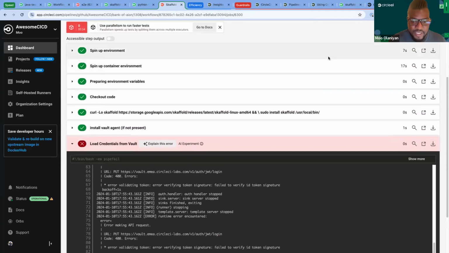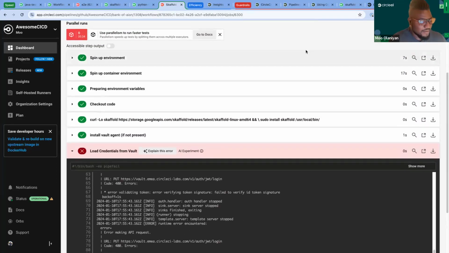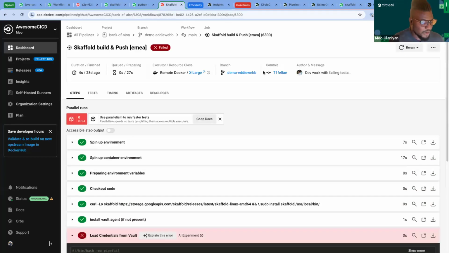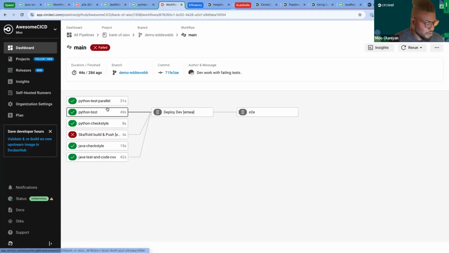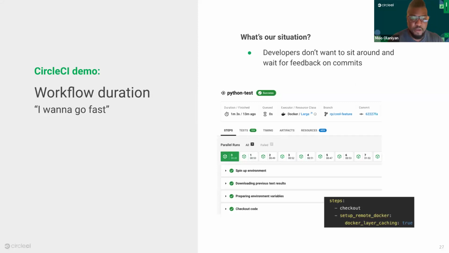The cool part about this is you get that feedback instantly. Whether it be here, or even if I go up to the workflow, you know exactly what part of it failed. If I go back to the pipeline, it'll show you, hey, this workflow failed. The best part about that is it's really easy to see what's going wrong, get feedback into the hands of your developers, and then hopefully fix that problem and keep on going. So that is pretty much, in terms of CircleCI, what we do for testing, whether they pass or fail, and the different options that you have.